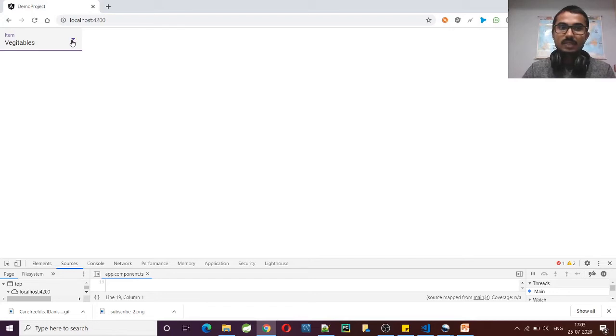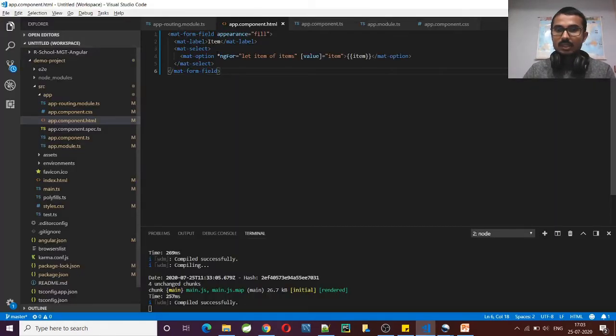This will happen on the selection change. So here we'll use one event, selection change. Earlier we used one event, change, but here it is quite different. Here we have to use a different event that will do similar work, that is selection change.